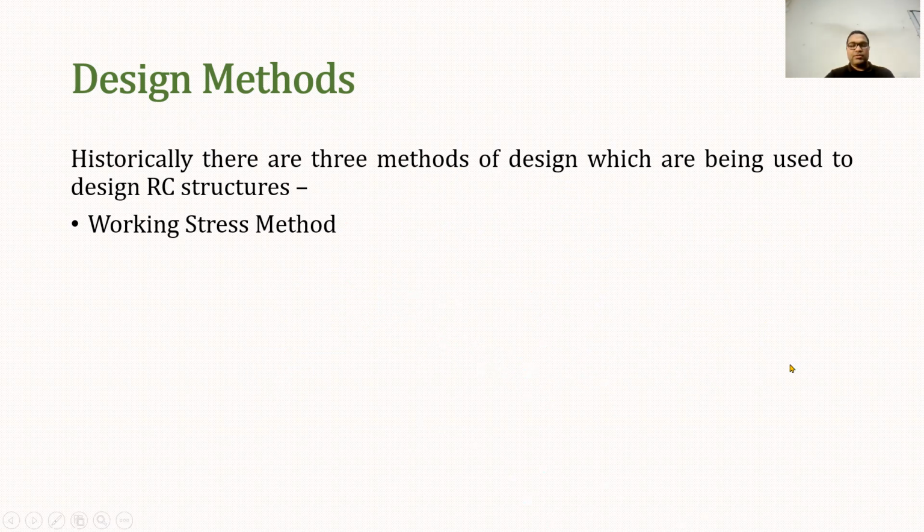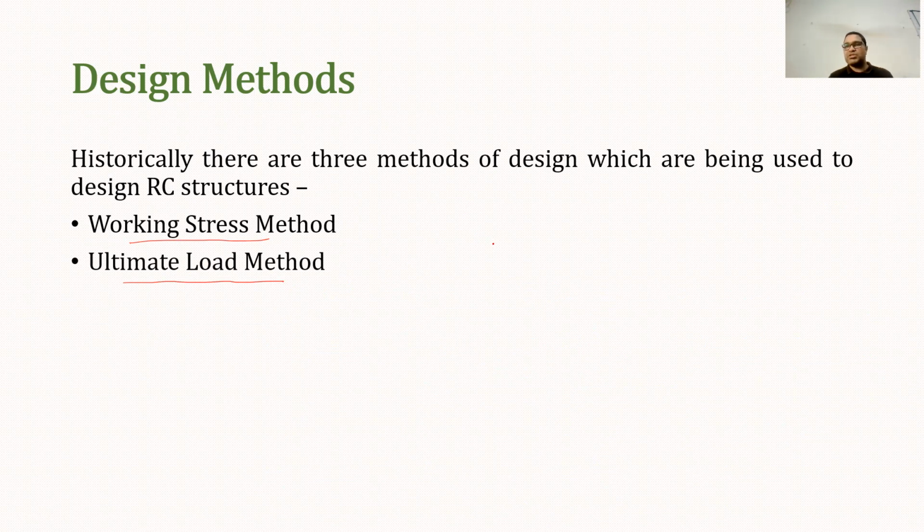Now, the next method was developed because the working stress method had a lot of drawbacks, and to minimize those drawbacks, the method developed was the ultimate load method. The ultimate load method was not dependent on the strength of material; it was dependent on the load which is coming on the structure. So in this case, there is no talk of permissible stress of material. For example, if on a building there is a load P,